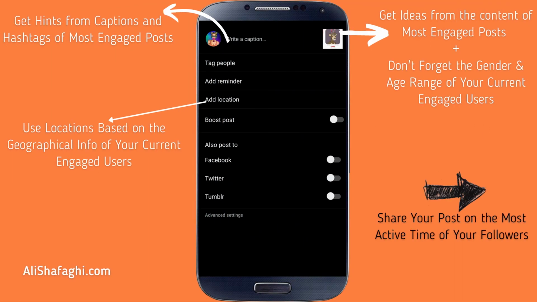Alright guys, we already have done 3 steps. So step number 4, which is the last step, is just to use that data. If you are creating new posts for your Instagram, make sure to use the data about everything we have covered so far, about the location, about the caption, about the hashtags, about the gender and time range of the engaged users. Everything we have covered so far, make sure to use it wisely. I'm sure it will result in more engagement on your page. And coming up, I'm going to share some tips for getting more engagement on your